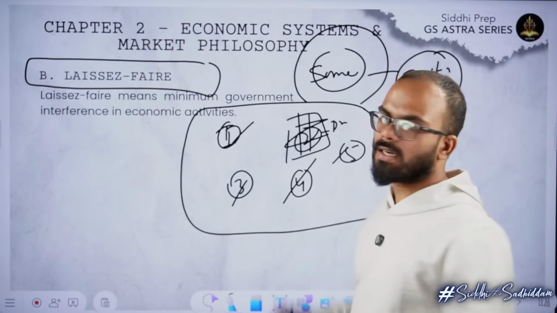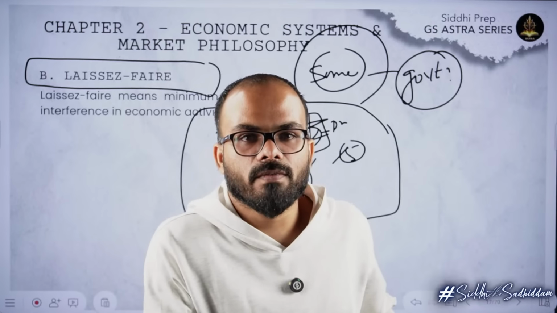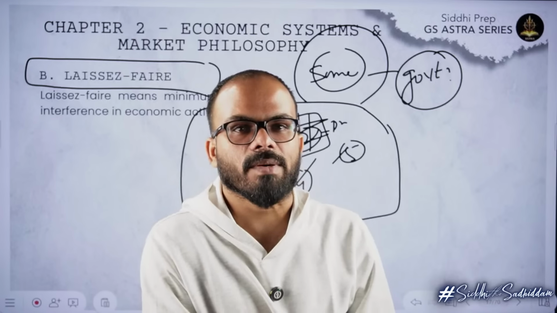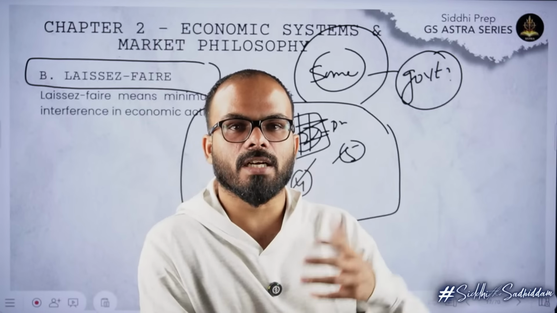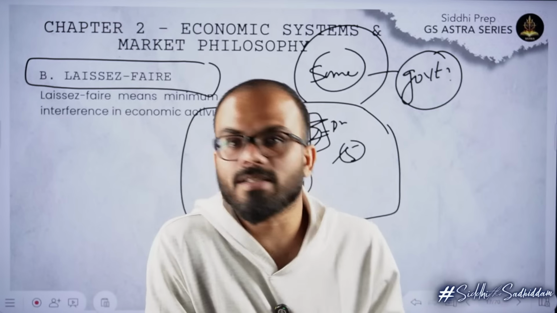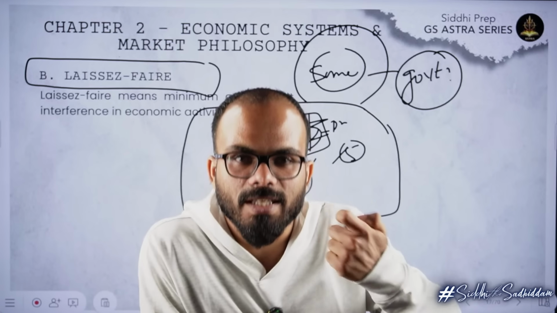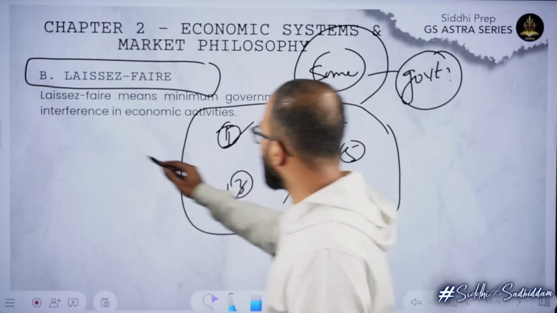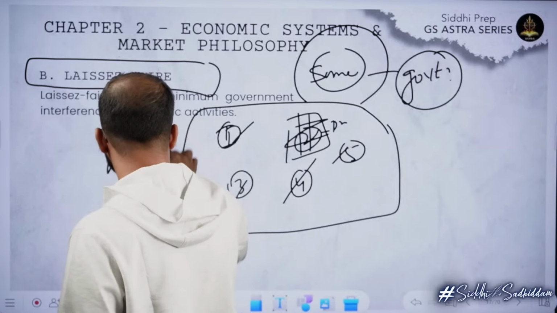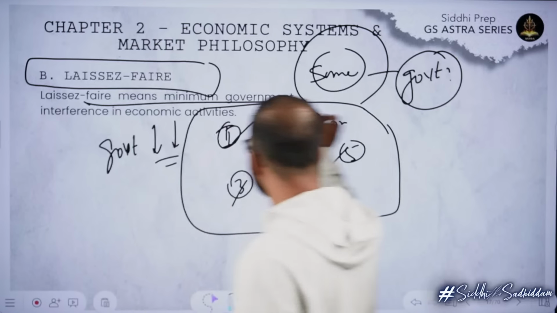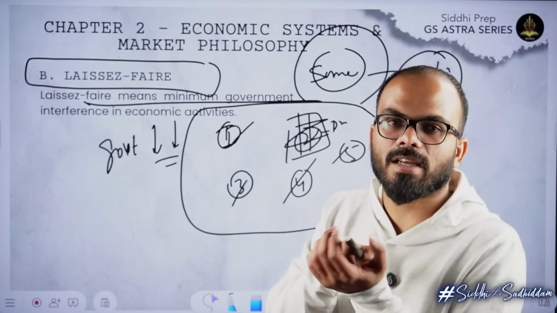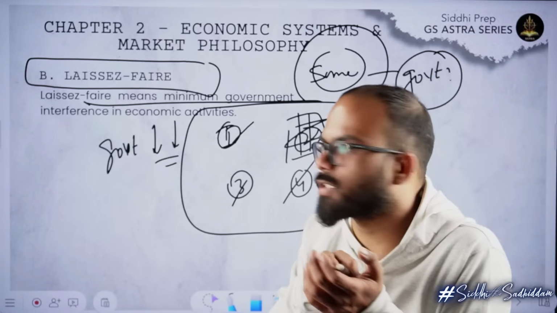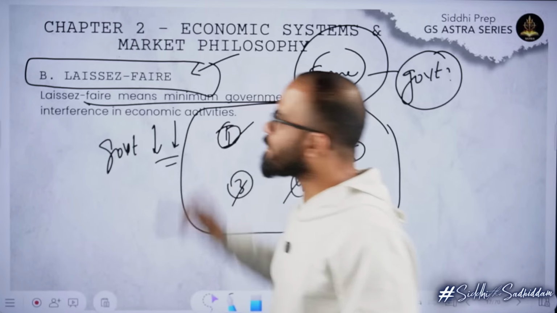Now the question is, to what extent can government involve? Should it involve to the maximum? If it involves to the maximum, then it becomes state control on everything. So the philosophy that says the involvement of government has to be minimal, low, only to the extent where it is mandatory, we call the laissez-faire system.